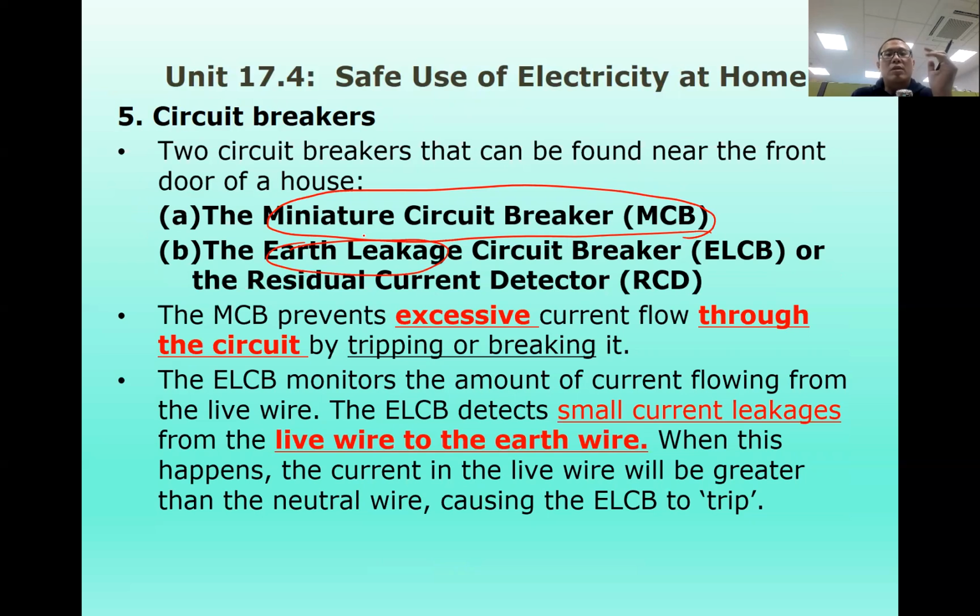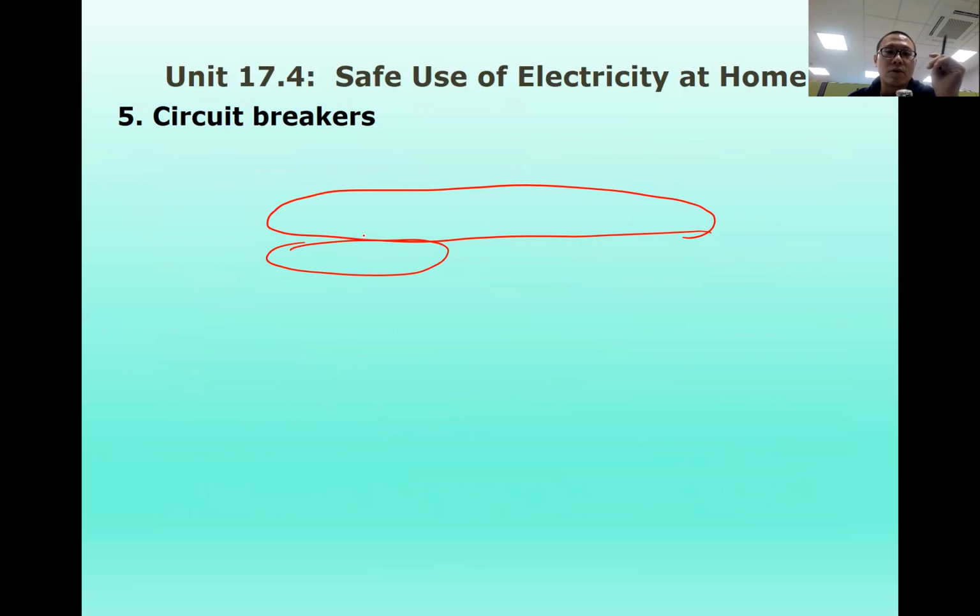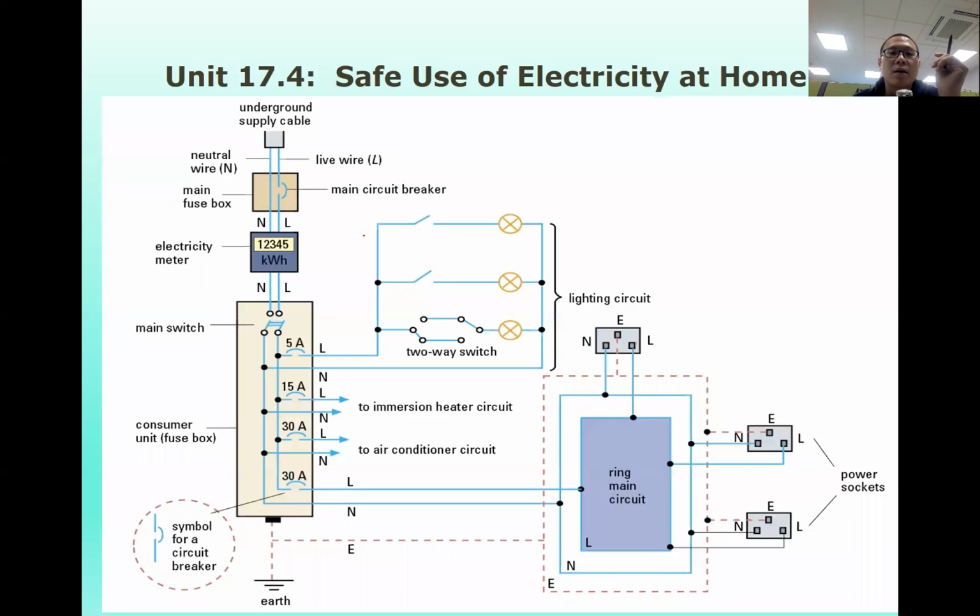Okay, so this is how a circuit breaker works. It's like a fuse and earth wire combined together. Okay, the keywords will be the same. It will be like I mentioned before, excessive current and disconnect high voltage from appliances. So take note of the keywords. Now, this is what I mean by circuit breaker at a bigger scale. This is a line diagram that you always see in industrial settings. As an engineer, this is what we call a line diagram, whereby you see the power